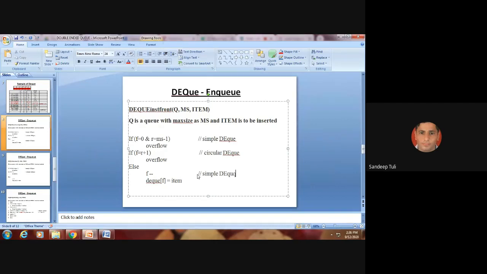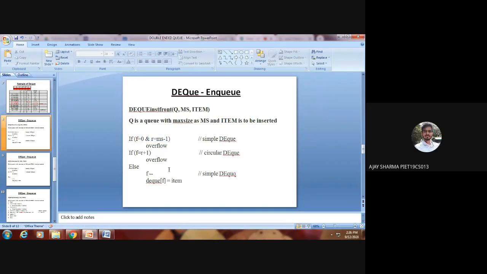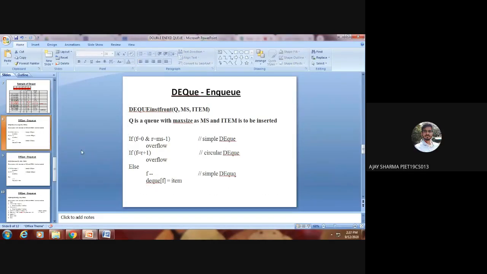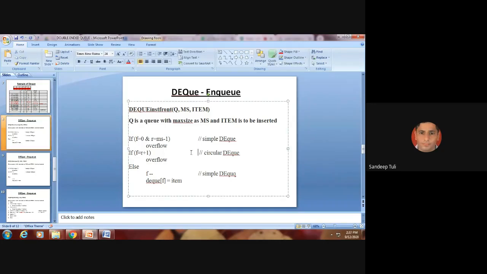so in simple queue this overflow condition will be checked, and we will say that we are decrementing it otherwise. Or if circular queue is there, then what we will do? If f equals to 0, then f equals to max size minus 1. And definitely I need to make it explicitly that. Yes, sir. So accordingly there will be some changes actually. Is it okay to you or not? है ना? आप समझ में आ रहा होगा मेरे हिसाब से. Now you are able to write the algorithm on your own too.